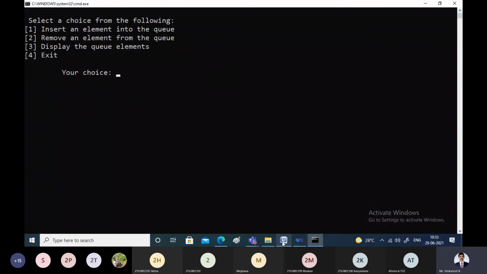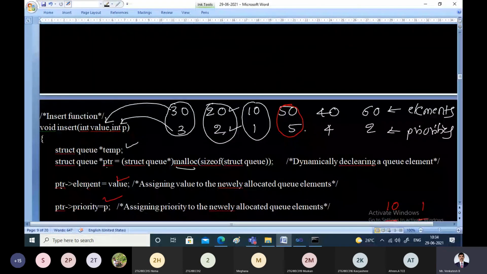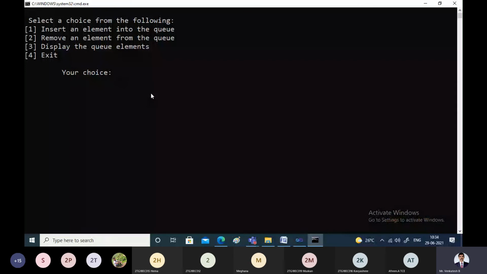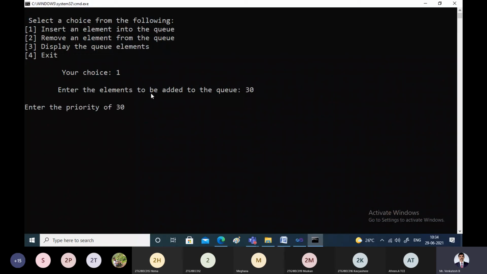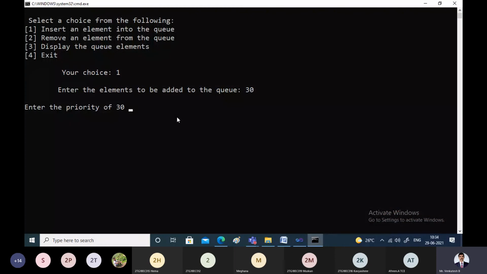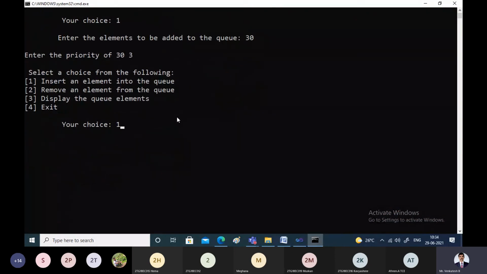Let us take the same input, 30, 20, 10. So let us first insert the element. Enter the element to be added into the queue. What is the first element? 30. What is the priority of 30? See here, priority of 30 is 3. I'll give 3. Enter. Now again choice 1.